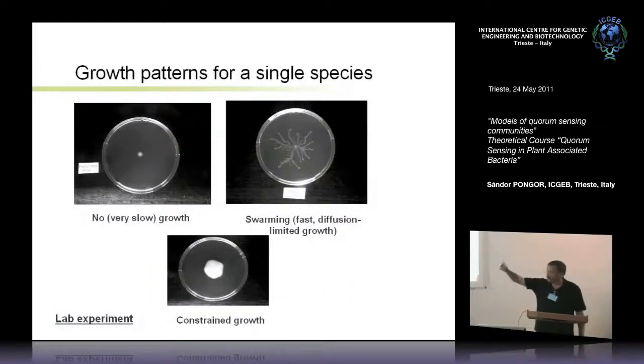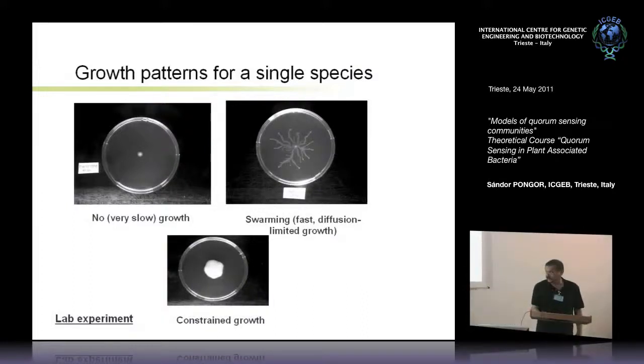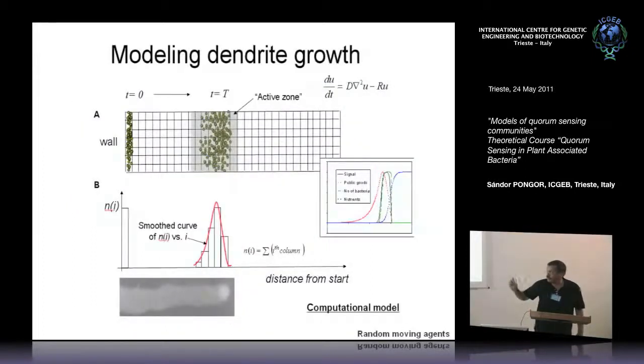Now the growth patterns that we started with were these three. These are the well-known things. Either you have no growth, no swarming. These are swarming plates, you probably know what they are. You have fast growth, which is typical swarming fractal-like branched morphology, and we have constrained growth. And this we have if the agar is too tight, or if there is too much food. Okay, so this is where we started, and we made a model